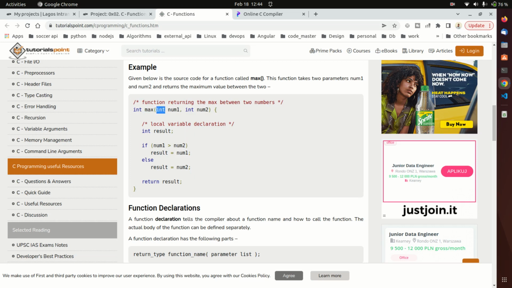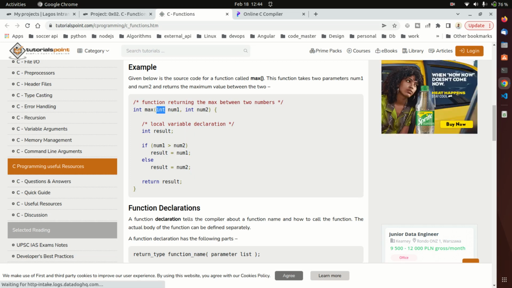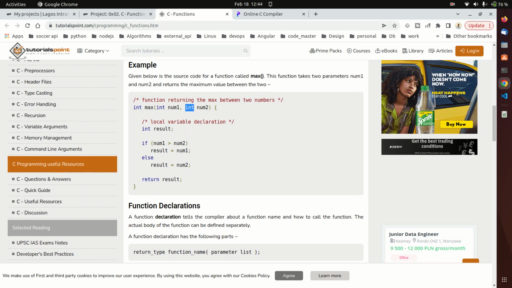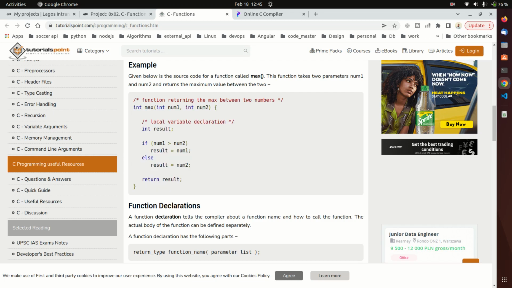A parameter type of an integer, which is a number. This is also a parameter, which is num2. A type is what? An integer. So this is a local variable. This variable scope is within the function. This variable scope result is within the function,